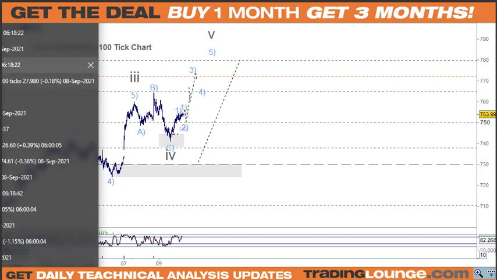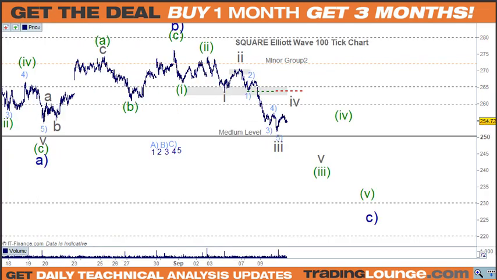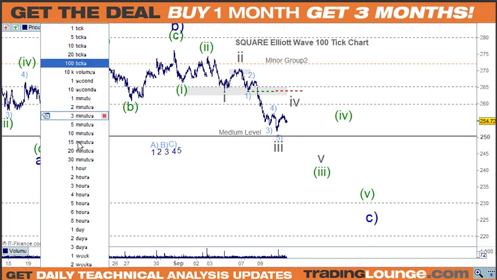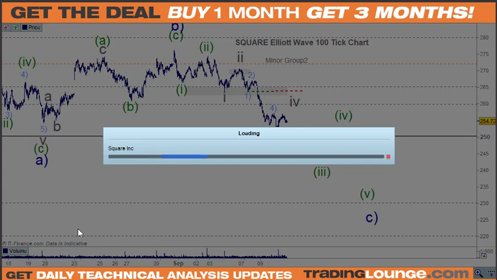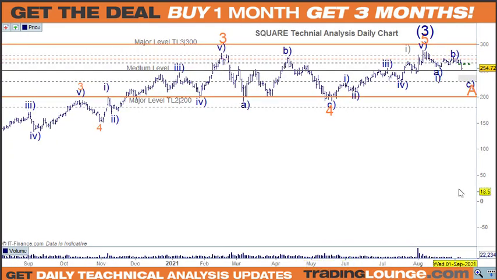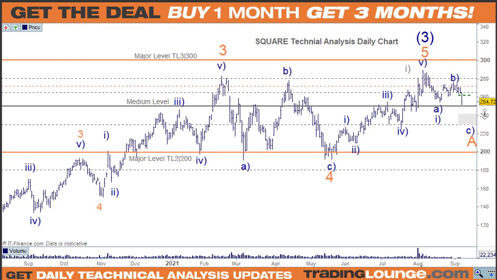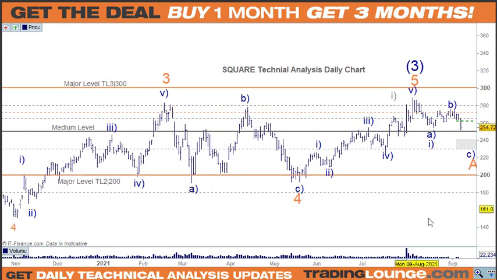Let's just go to squares, just as an example. I'm not going to use an example that will freak us out or anything, just a very medium case. What normally happens is that when a market's going up, it's normally the A wave that's the sharp one, because it catches everybody out, it hits stops and all those sorts of things. Then the B wave comes in and tries to rally, like Bitcoin's doing now. But because we get 5 waves here, the rally's going to peter out and then it's going to come down.